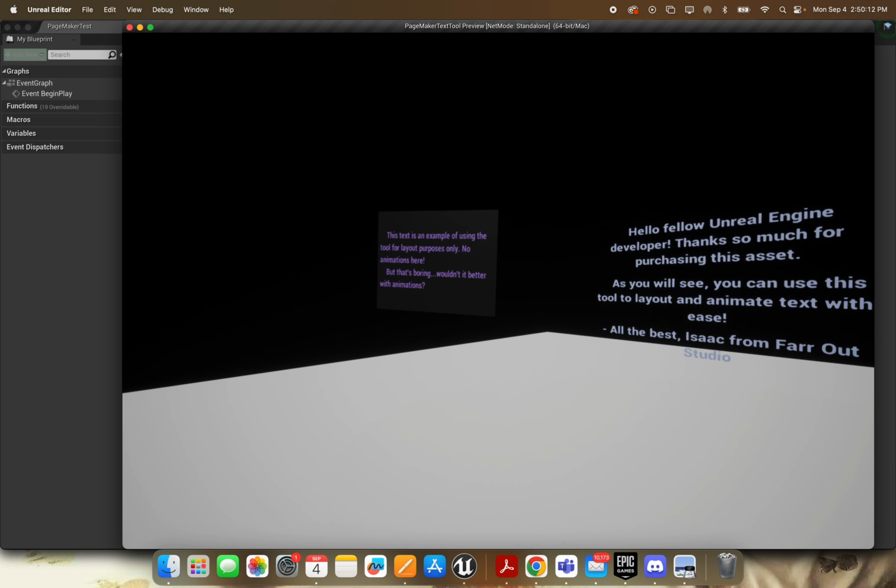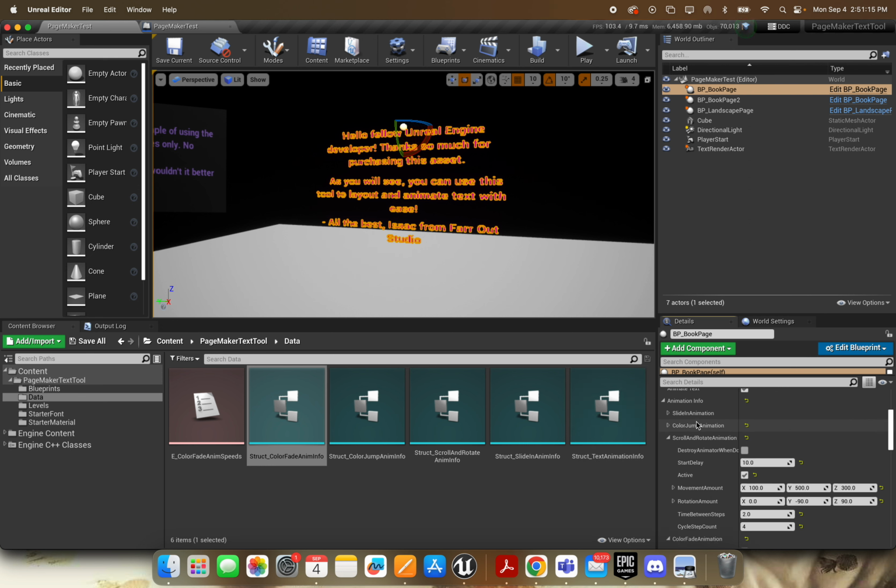Alright, so as far as using these, this is quite easy. You just place these BP book pages or the landscape pages in your world, and then I have all the variables accessible right here for you, so you can tell the text how many lines, how many characters per line, or how many lines depending on which one you're using, whether to allow per character wrapping, whether to hyphenate, whether or not it should be animated at all,